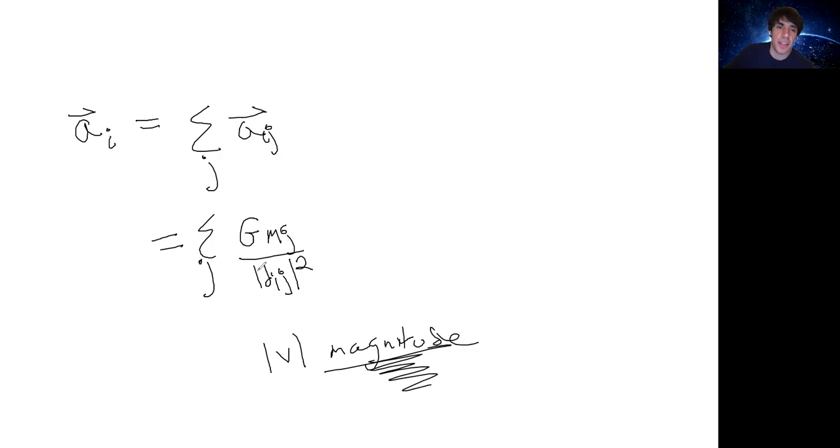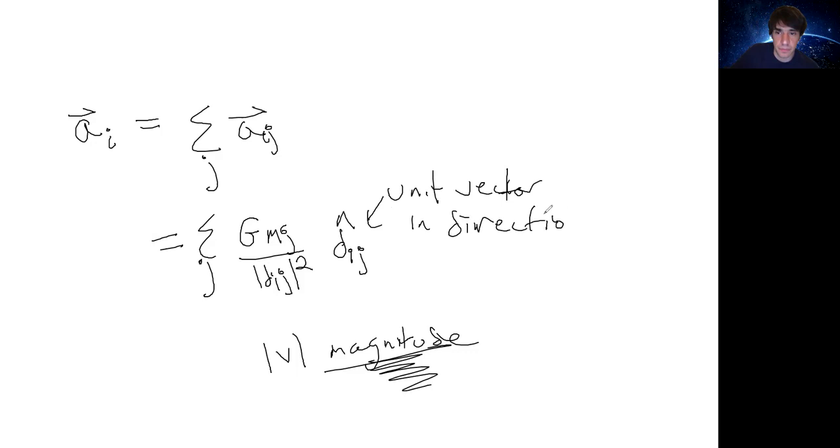So we take G m_j over the magnitude of d_ij squared, and then we multiply that by d_ij hat, which is what's called the unit vector in the direction from body i, from body, let's see, if we want the acceleration on i due to j. It's the direction from